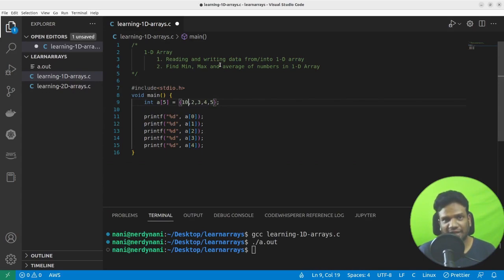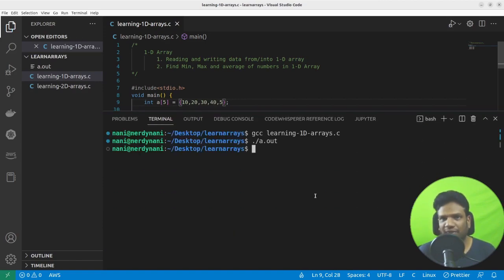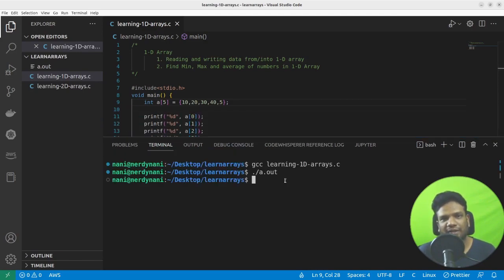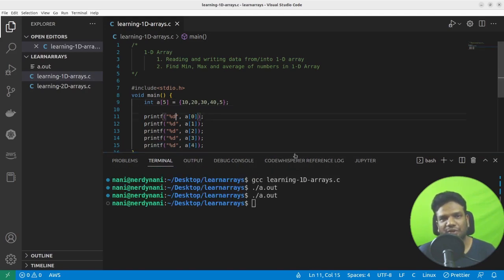To understand, I can give 10 20 30 40 and 5 just to check whether the output is coming correctly or not. Yes, the output has come, 10 20 30 40 and 5, but the output is not clean because we did not put any spaces or new lines. What I'm going to do now is